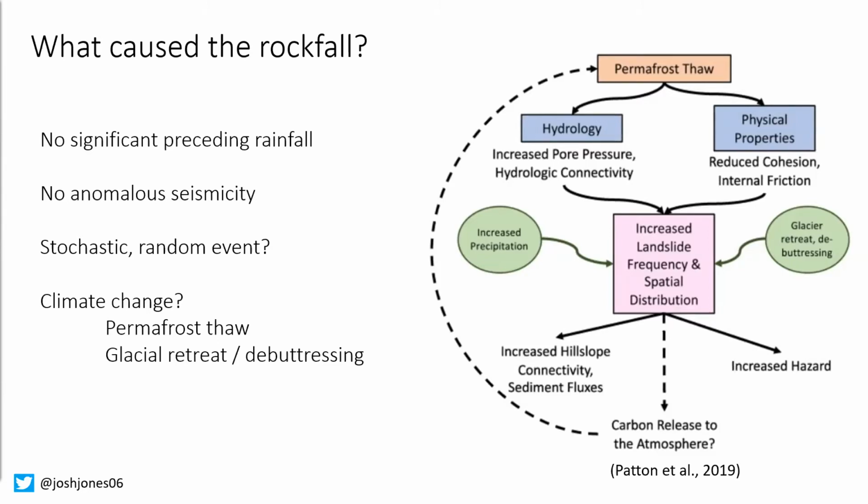However, as the climate gets warmer, permafrost begins to thaw and degrade, and rock slopes that were held stable by permafrost are now not held stable by that permafrost. The melting permafrost also adds weight to the slope, so you can go quite quickly from a very stable permafrost slope to a slope that is very likely to fail. Now, it's not yet confirmed that this is the cause of this particular rockfall, but at the moment it does seem to be one of the most likely explanations.